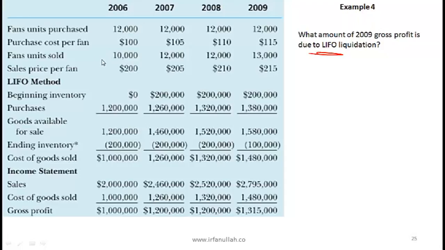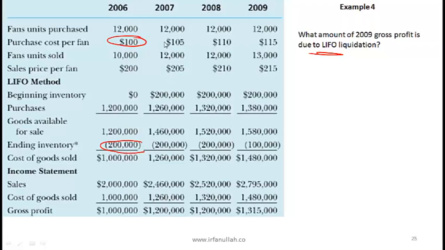So the ending inventory effectively is 2,000 fans. Sales price is given here. So if you just look at the LIFO method, beginning inventory is 0. That's the purchases, which is 12,000 into 100, and then goods available for sale. Ending inventory is 200,000. Where is this coming from? Yeah, so this is your $100 multiplied by 2,000. Okay, so that's the ending inventory, cost of goods sold, and these are your income statement